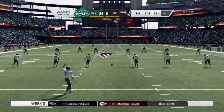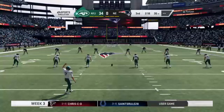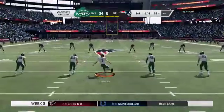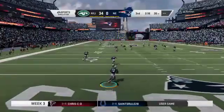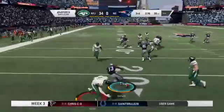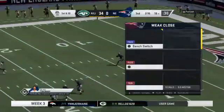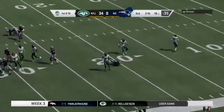Chandler Catanzaro to kick off for the Jets. Now Catanzaro after the touchdown to kick it away. This fielded a few yards into the end zone. And he'll take it back to about the 19-yard line. Let's go. At their own 19-yard